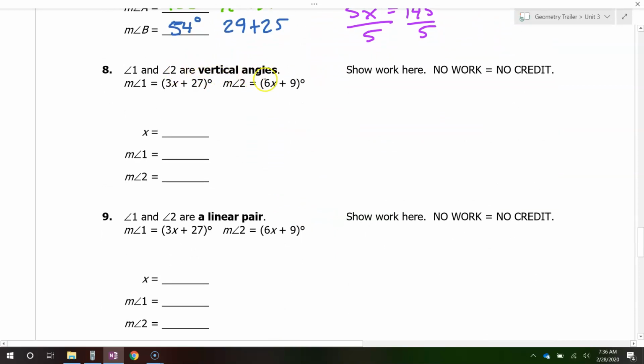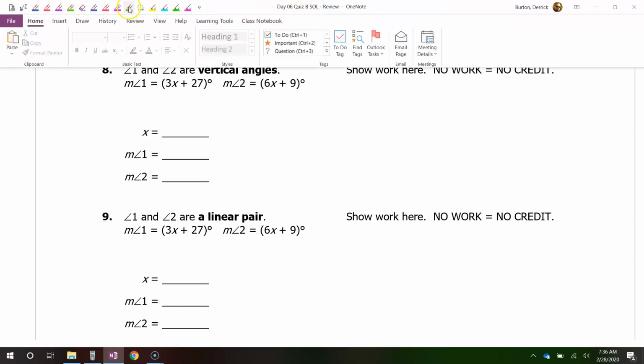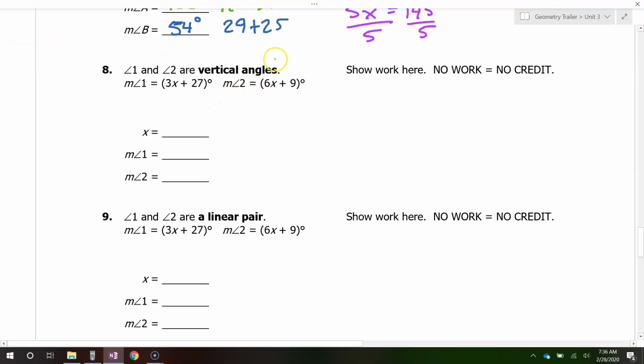Angle 1 and angle 2 are vertical angles. And we know that vertical angles are congruent. So that means we can just set them equal to each other. So vertical angles are congruent. So we're just going to say